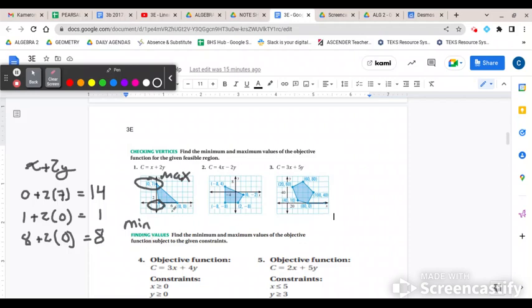Okay, so on this one, the graph's already done. The corner points are already done. That's why we don't have a word problem or anything like that. Since we already have our corner points, which is what we're really trying to get, we plug them into our objective function and then use it to calculate all of our possible maxes and mins. Okay, so try